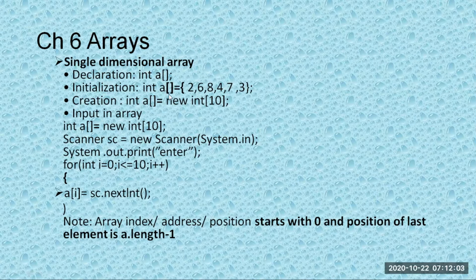Square bracket signifies an array. Equal to, and you can initialize the value, or you can just give the declaration like this: integer a square bracket is equal to new of integer, how many elements you want. So you can specify that. That is, if I want 10 elements, I will write 10 over here. So based on this, you can create an integer array, a float array, a double array, whatever. The data type will change over here. That is it. So this is how you declare an array.